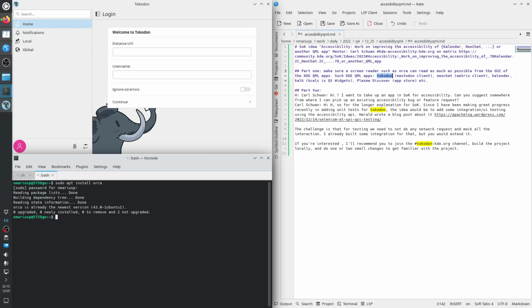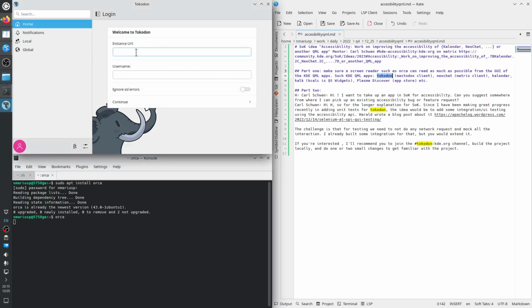It says it's already installed. I started it. It's a GUI-less application. Screen reader on. Build a layered pane. Login page tab. Blank. So it says login page, which is correct, but then it doesn't say instance. You're in the text box where you can enter your instance URL for Tokodon. Blank. In here it says blank instead of saying you're in the text box where you can enter the